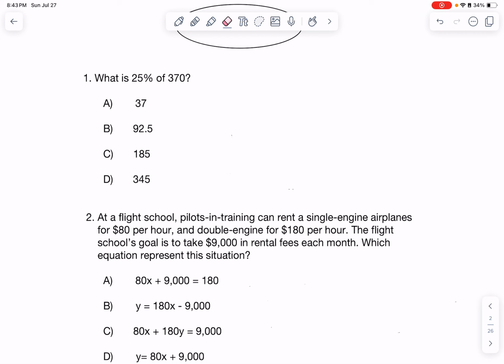Okay, first, number one. What is 25% of 370? This is a percent problem. To solve a percent problem, we can set up the equation in two different ways. So first, we can set up